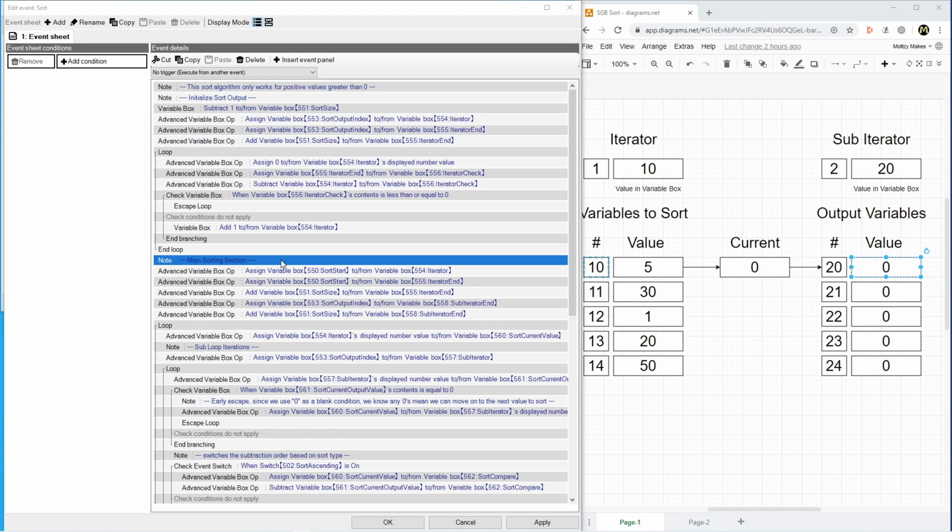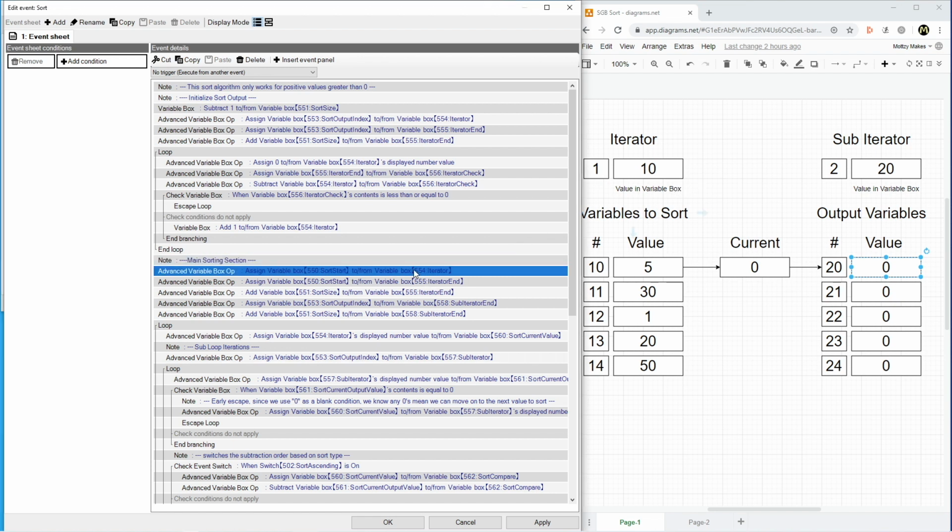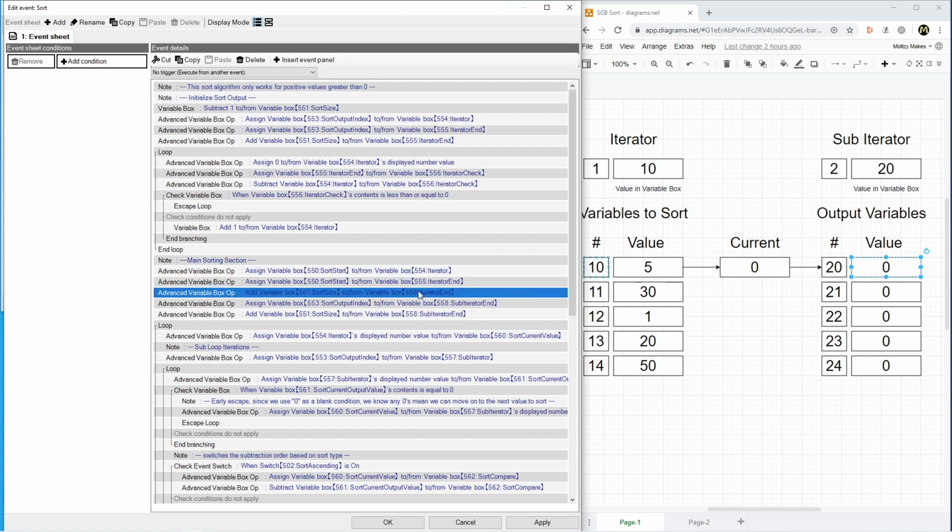This next section is the main section of the sorting algorithm. In the beginning, we need to set up the iterator all over again, and in this case, we're resetting it to do a type of loop like I set up here in my example on the right. So first, we have to set the iterator to be the sort start, which would be 10 in this case. Then we need to set up iterator end in a similar way that we did up above. That means we're going to take 10, we're going to add 4 to it, and we'll end up with 14